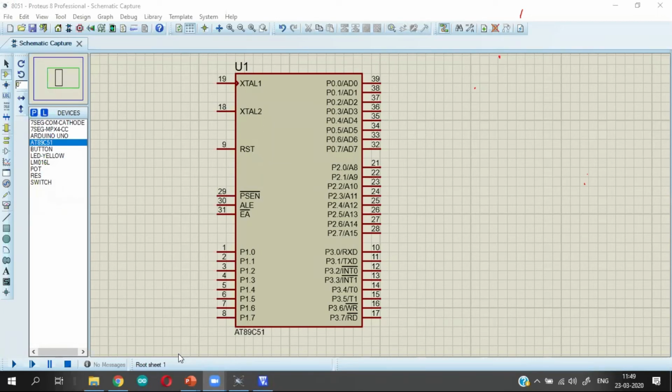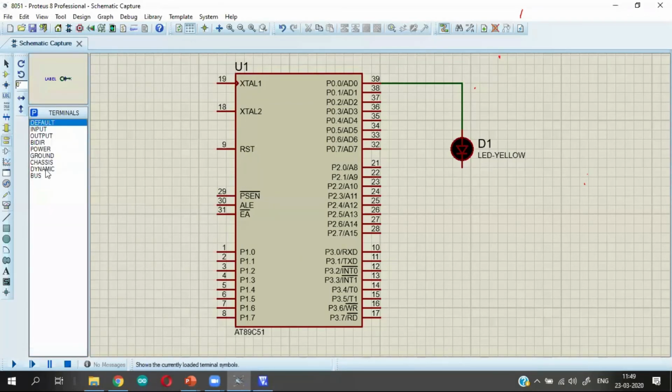Okay. Now, I take a small LED here. I connect this to port 0, and this point I connect to ground.